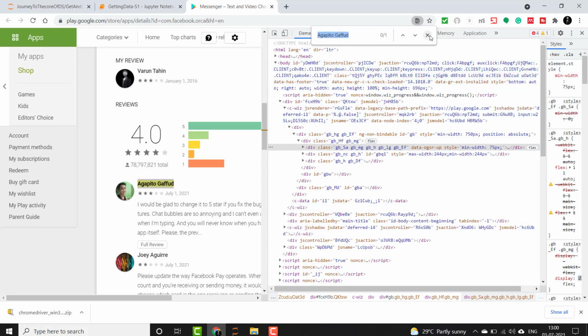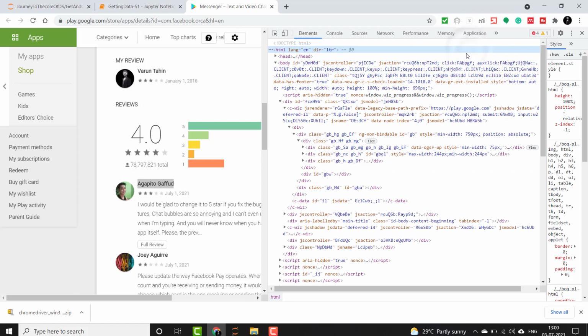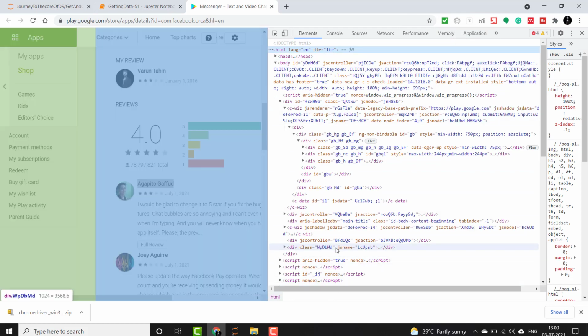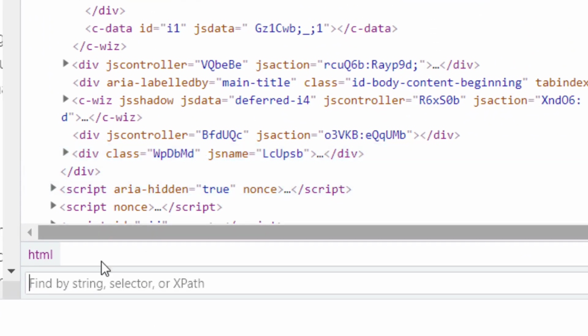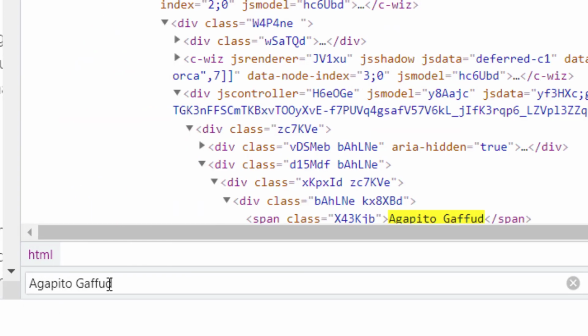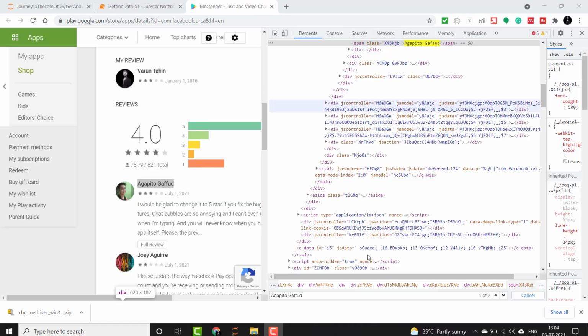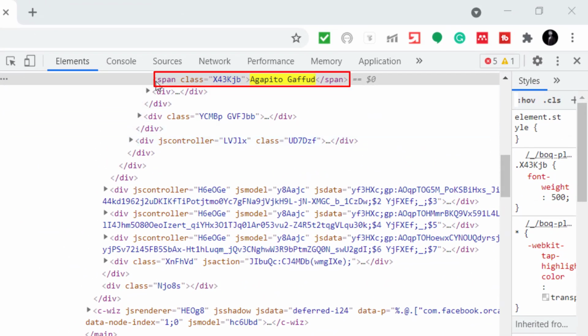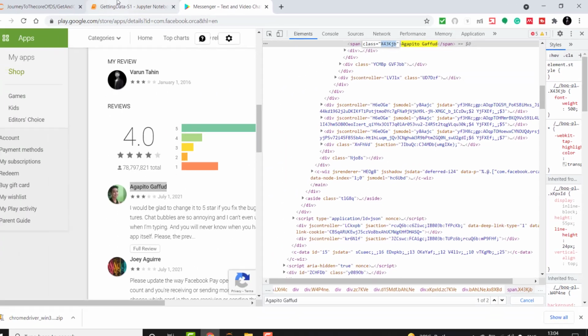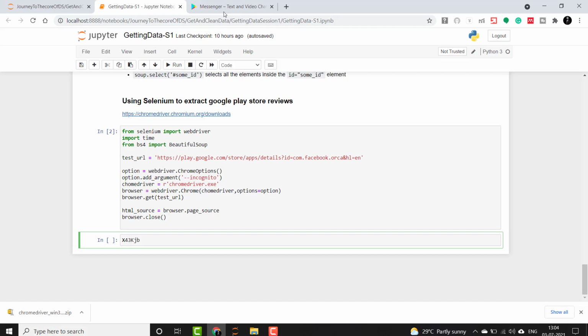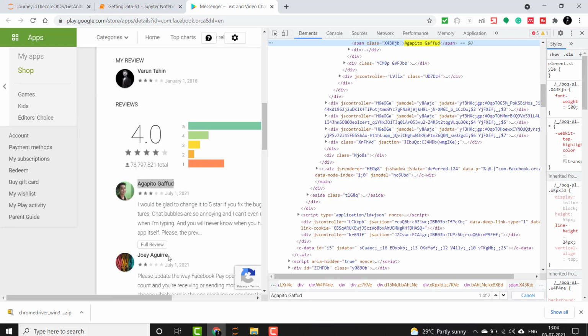I will just click on this page of source, and if you do Control F, it will prompt for a find by string option. So here I will give that author's name. Now the search will find some of the text in this source, and across you will see some span class with a particular ID. So we'll just copy this in our notebook, and then we will search for another author.